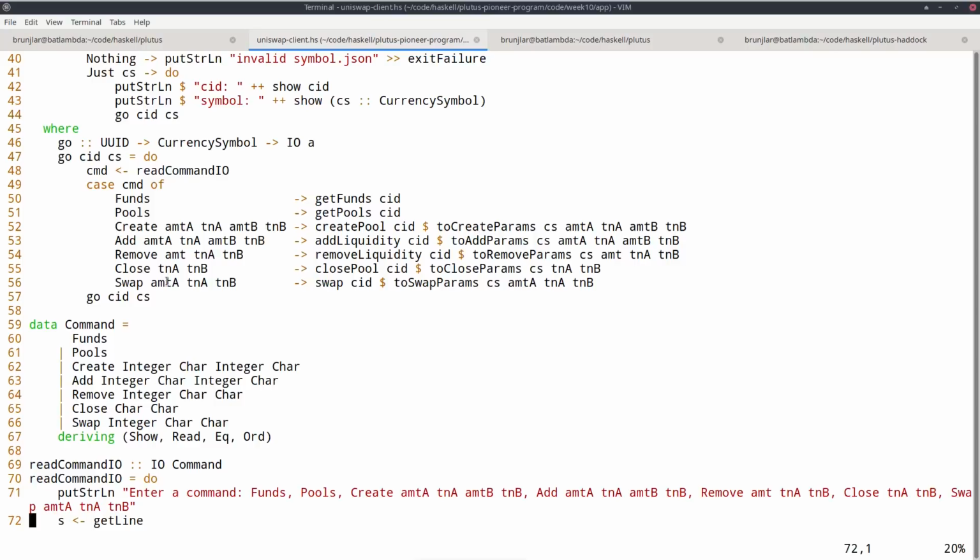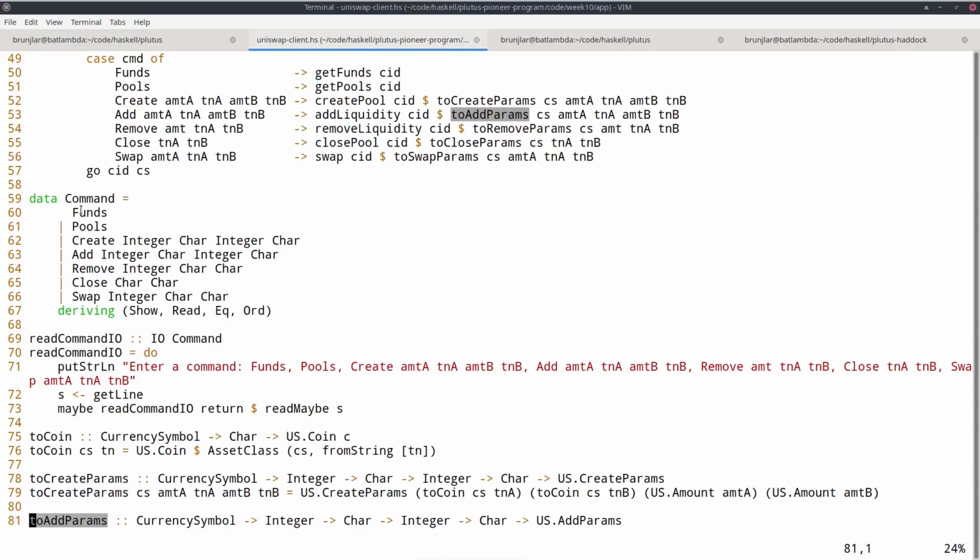And the commands exactly correspond to the endpoints we have, except for stop. I didn't implement stop. So we can query our funds, we can look for existing pools, we can create a pool, we can add liquidity to a pool, we can remove liquidity from a pool, we can close a pool, and we can swap, which is the whole point.